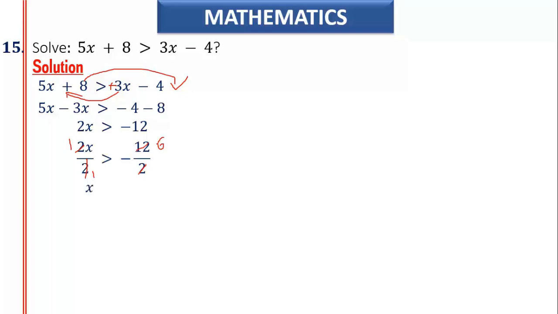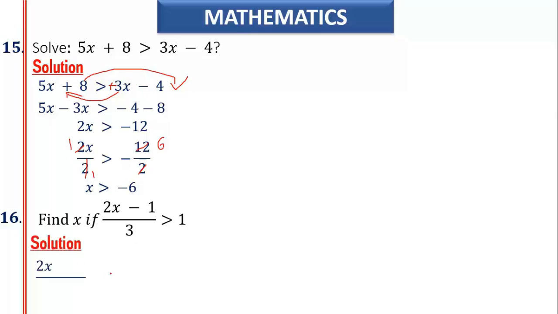Okay, so from what you have there for number system, let's find x in this given question here. Find x if 2x minus 1 over 3 is greater than 1. Okay, there is also another very simple question. We simplify